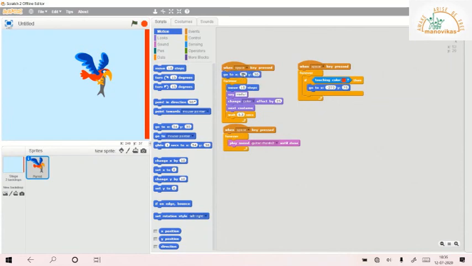Alright, the first thing the sprite has to do as soon as the code is run is go to this position. Even if you stop in between, the moment you play it again, the sprite will go to this position and then it will start. So how do you get this position? You can place your sprite at the position wherever you want it, and then go back to the corner where it is displayed, check the position, and type the similar numbers.